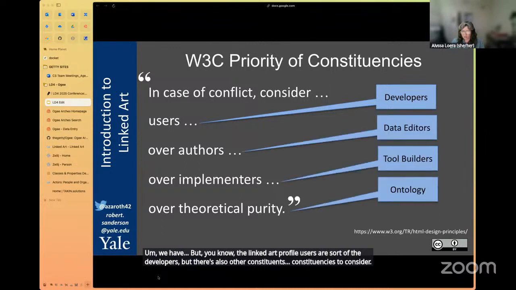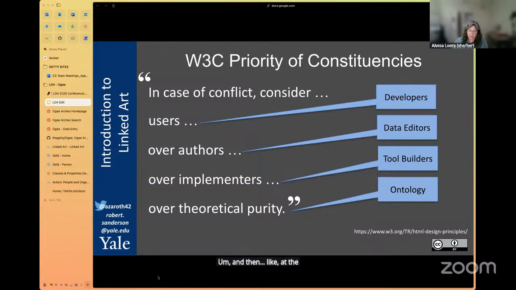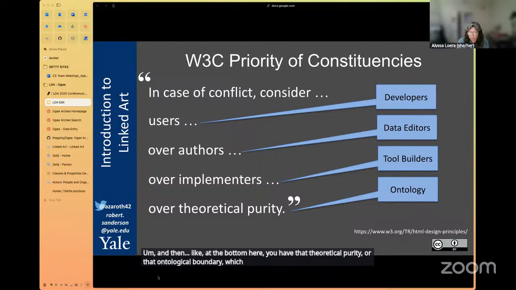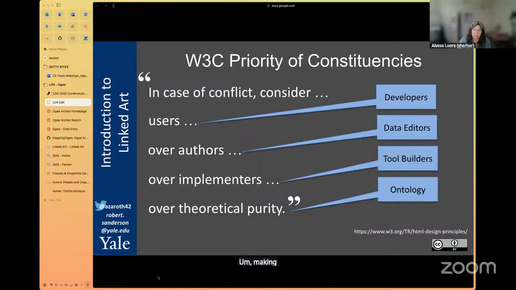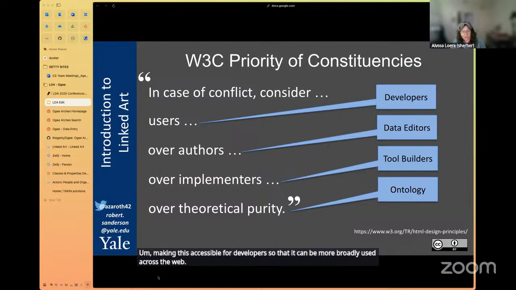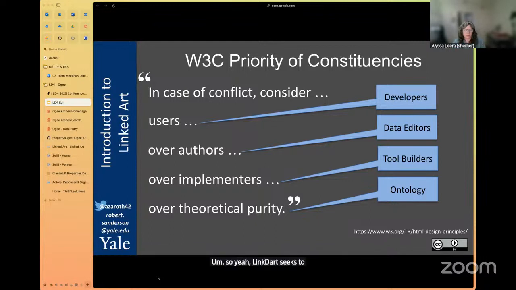And then at the bottom here, you have that theoretical purity or that ontological boundary, which is perhaps less important than the needs for use. It's really aimed at making this accessible for developers so that it can be more broadly used across the web. So yeah, Linked Art seeks to sort of bridge that usability gap.